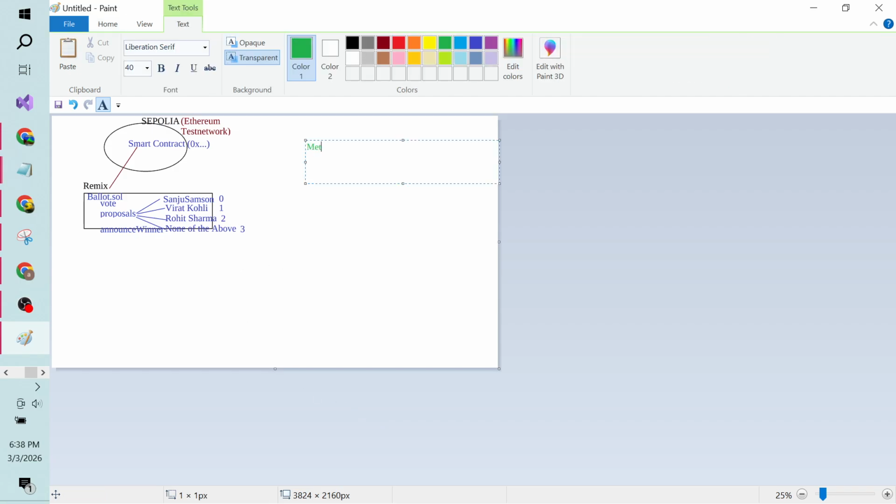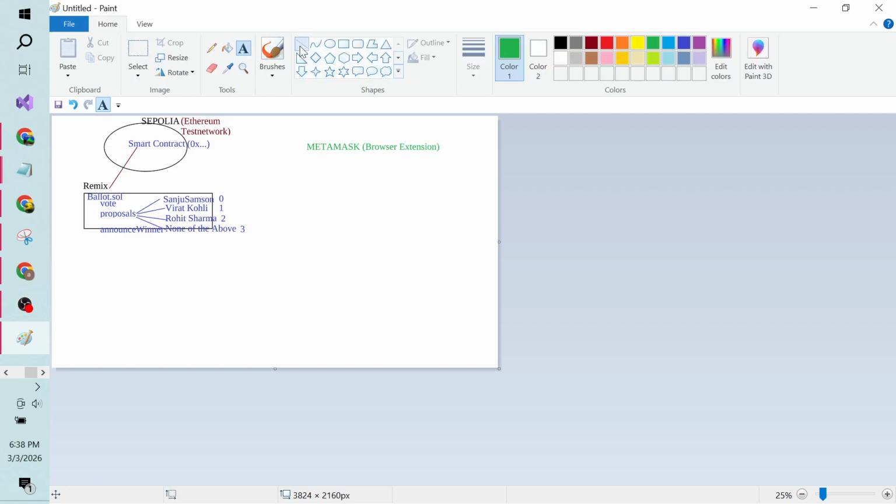So I'm going to have the MetaMask browser extension. This is your gateway. If there is any transaction that is happening, it will go from here